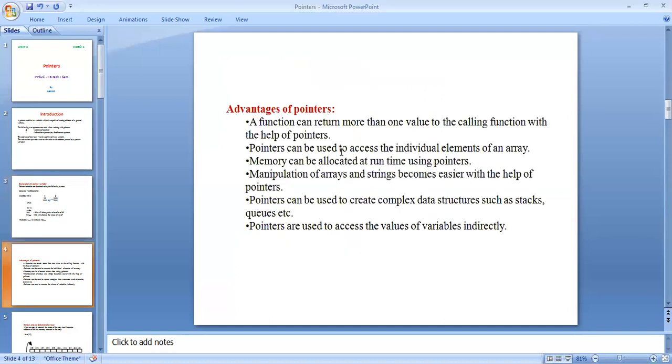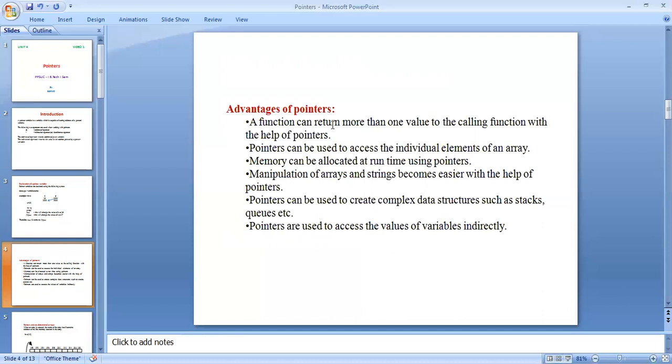Advantages of the pointers. A function can return more than one value to the calling function with the help of pointers.